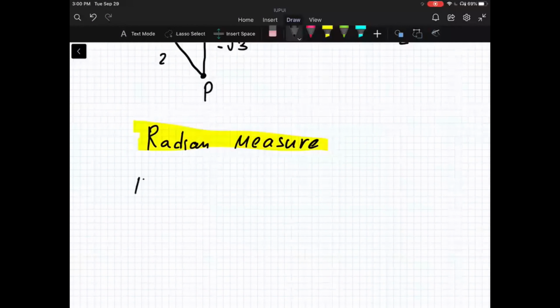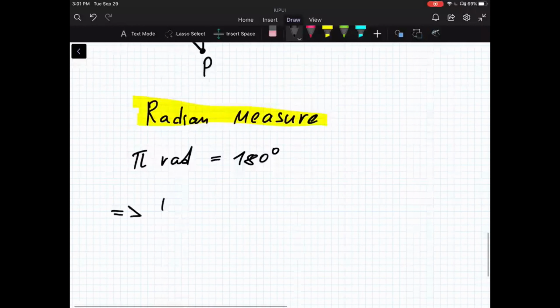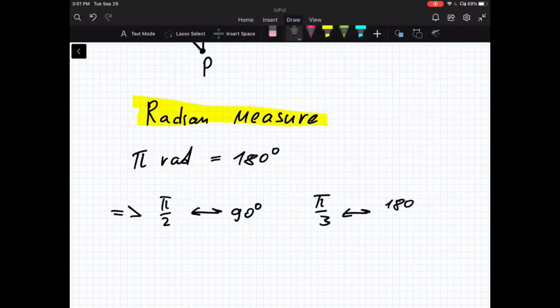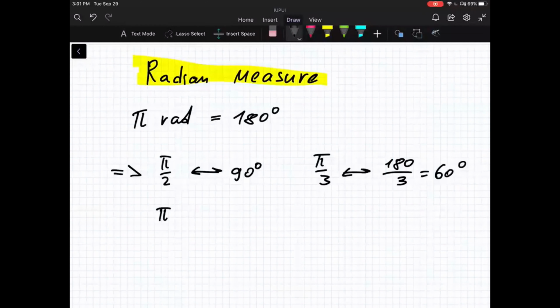So we have pi radian corresponds to 180 degrees. From here, you can find that pi over 2 corresponds to 90 degrees. Pi over 3 corresponds to 180 divided by 3, which is 60 degrees, and so on. And let me write some nice angles like pi over 4, which is 45, and pi over 6,